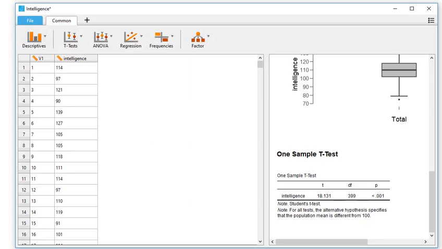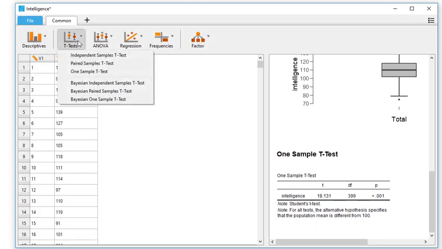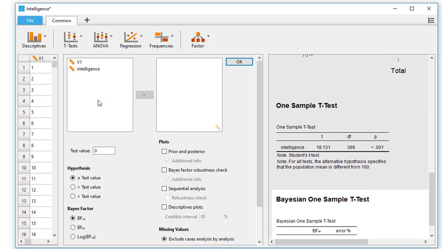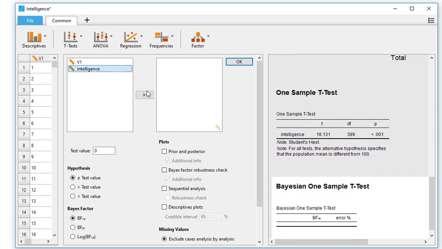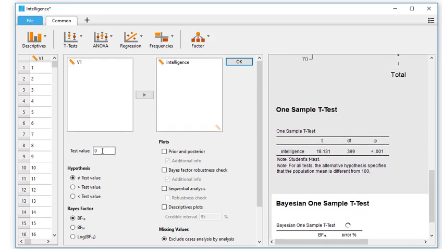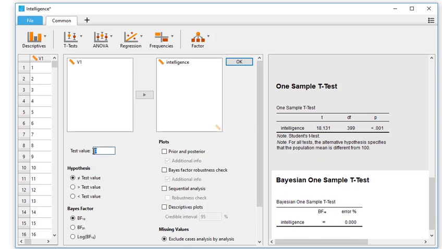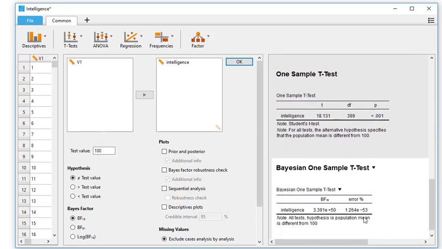So return to JASP, t-test, but instead of going to one sample t-test, we go to Bayesian one sample t-test. Again we put intelligence, and the test value should be 100. Now we've got here the Bayes factor 3.391e+50, so a huge number